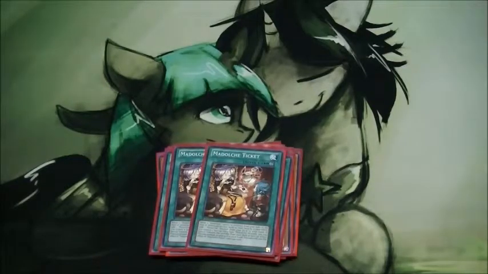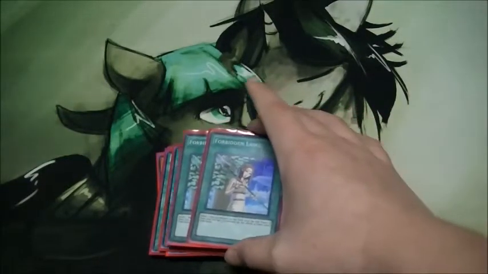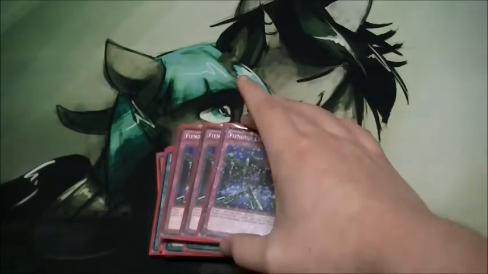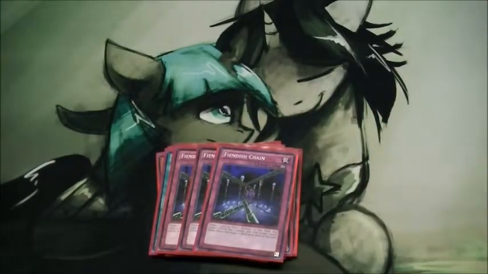Last up for spells is we're going to have Forbidden Lance, which lets you select one face-up monster on the field. Until the end phase, it loses 800 attack, but is unaffected by the effects of other spell and trap cards. So some nice stun elements for the deck, since they're going to be relatively low in attack unless your field spell is permanently present. Up next is traps with 3 Fiendish Chain, which lets you target one face-up effect monster